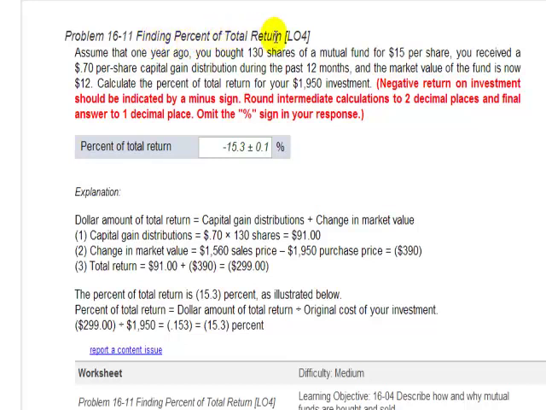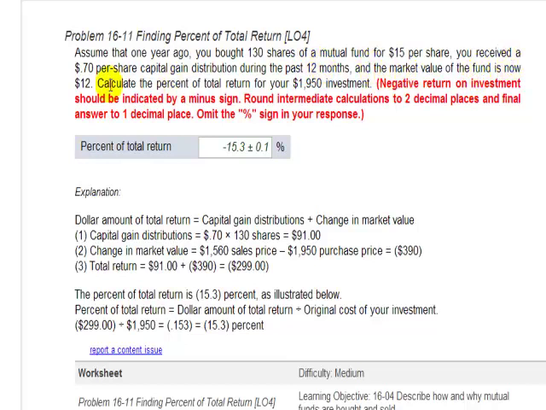Finding percent of total return. Assume that 1 year ago you bought 130 shares of a mutual fund for $15 per share. You received a 70-cent per share capital gain distribution during the past 12 months, and the market value of the